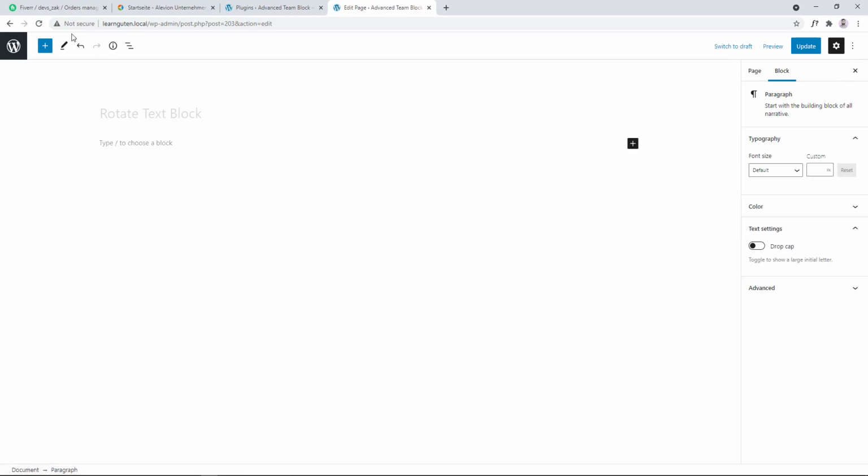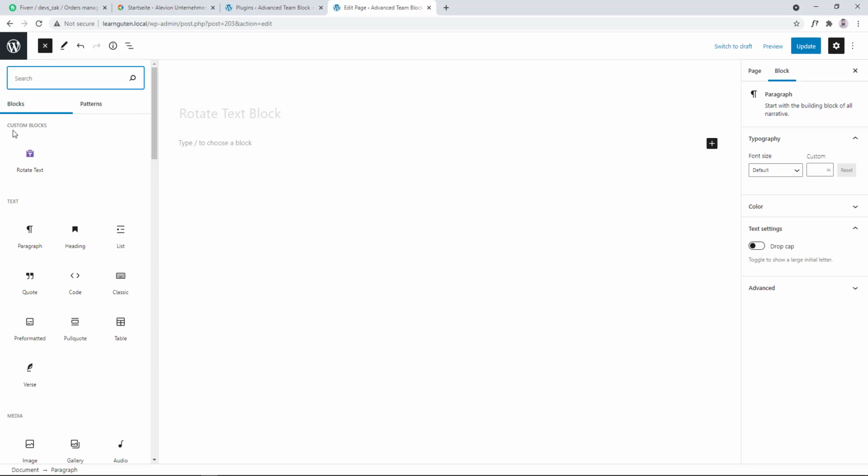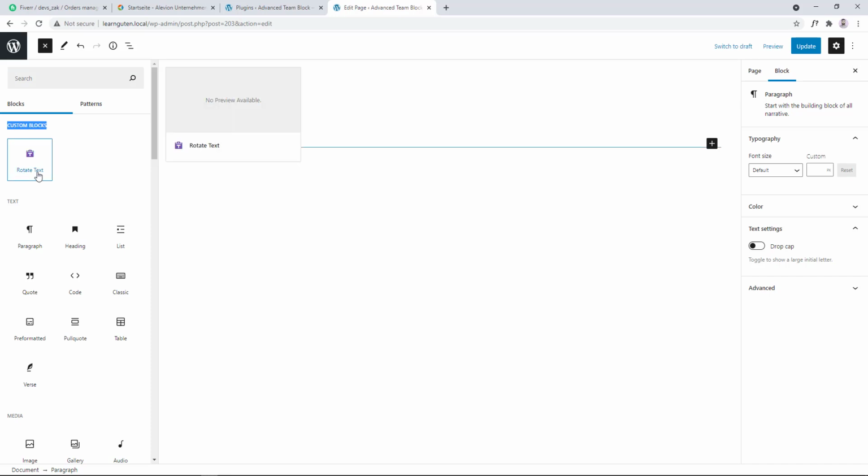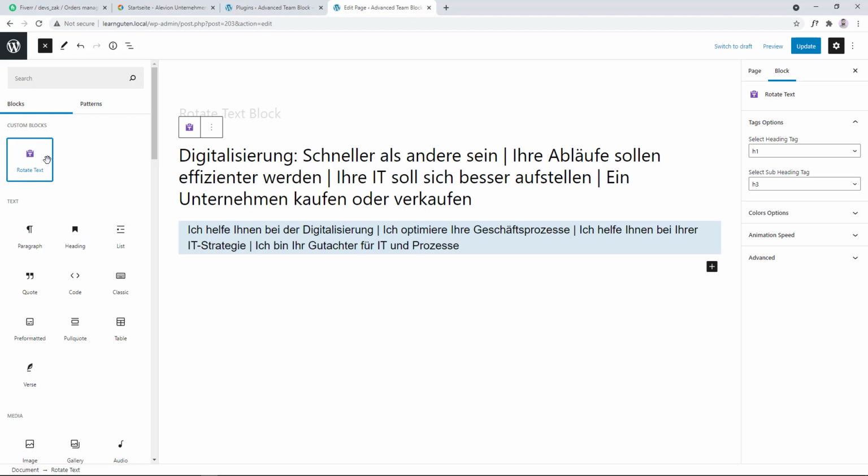So I am in a new page and this is completely blank, and I am using Est theme. If you click on this insert link, you can see there is a new category called the custom block. It includes a block called the Rooted Text. Simply click on this and you can see